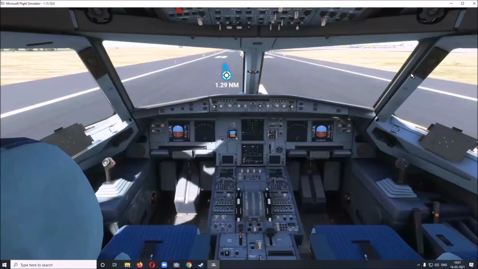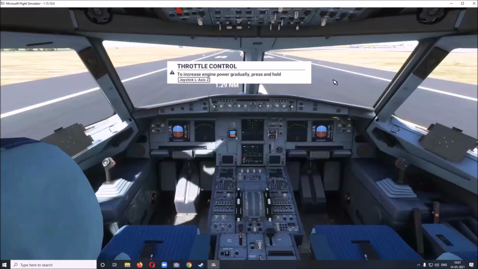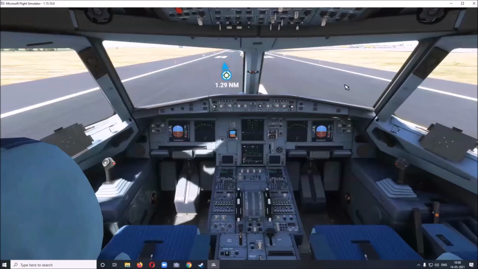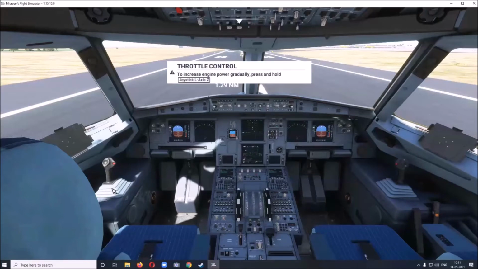Okay, we are now inside the cockpit or the flight deck. This is a brand new A320. We have previously looked at Boeing 737. Boeing and Airbus have significantly different philosophies. Even the flight controls are different. Principally, you have a yoke or a control column for Boeing, while Airbus is having this side stick. Pitch and roll motions are controlled by the side stick, while the yaw motion is controlled by the rudder pedals.